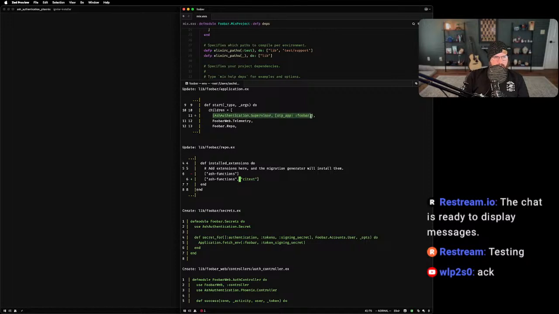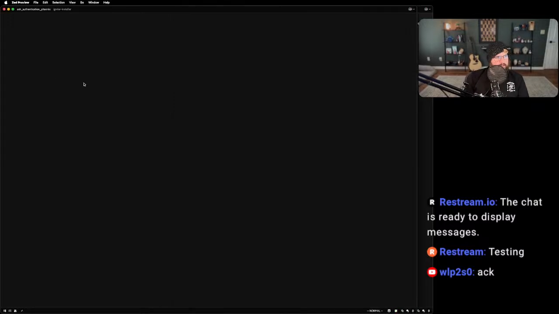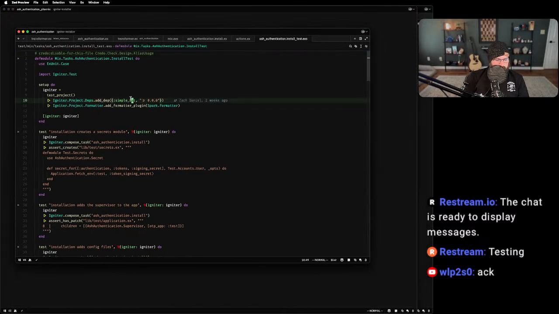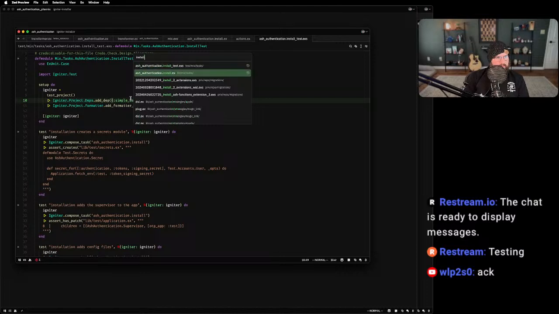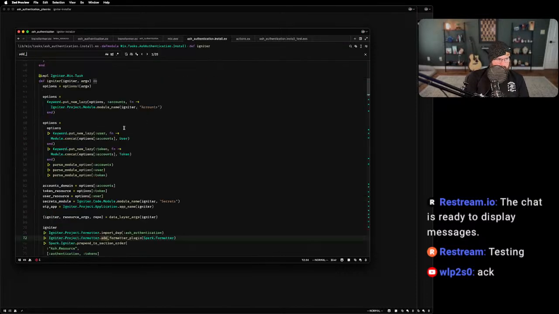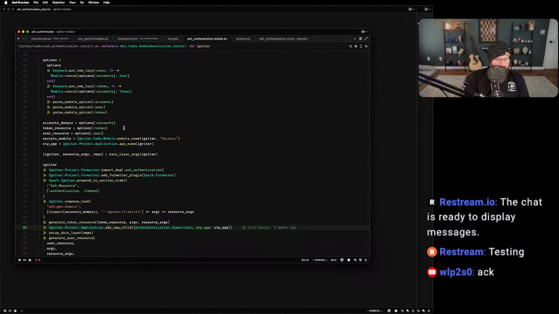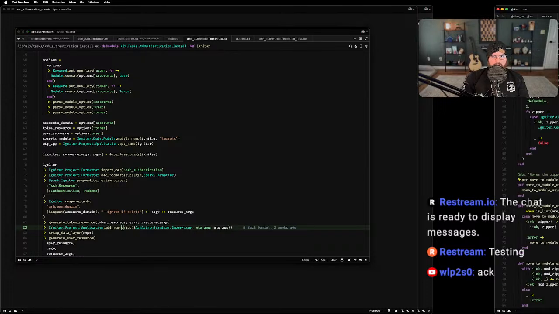Should probably be at the end now that I think about it, because it should start after the repo. I'll have to, let's see. So that's in AshAuthentication. Let's see, in the install, we say add child, or what is it? Child, add new child. I forget if this is set up to